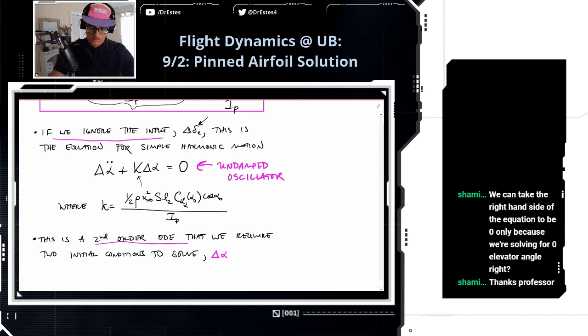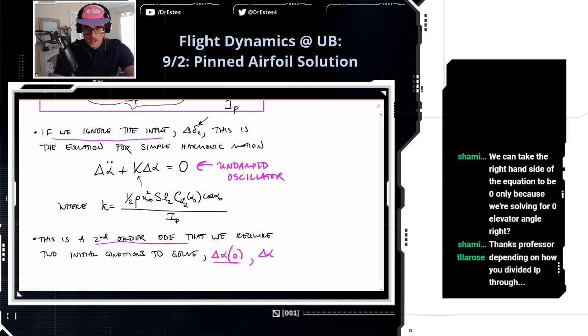So we need two initial conditions. If you wanted to simulate this in MATLAB or whatever, you'll have an initial perturbation angle at time 0, and you'll also have an initial